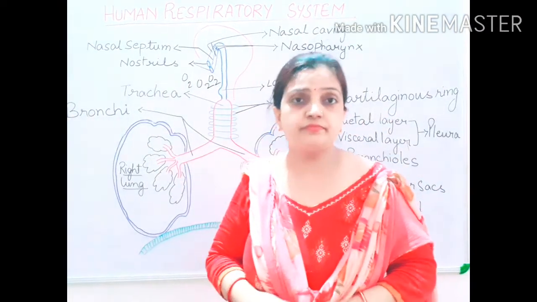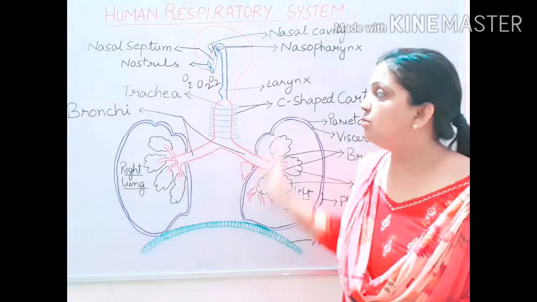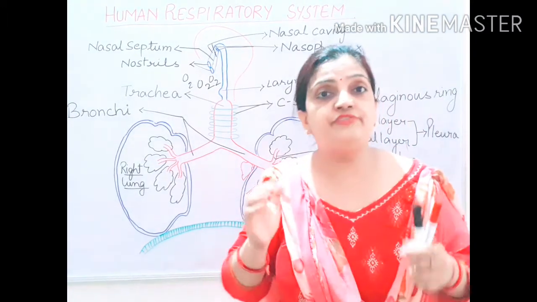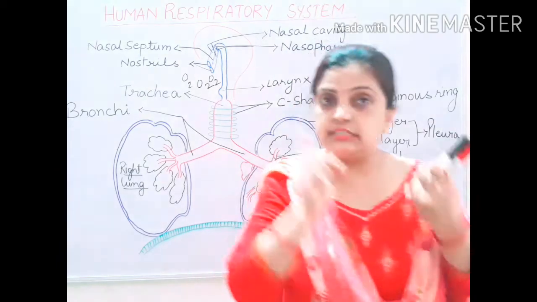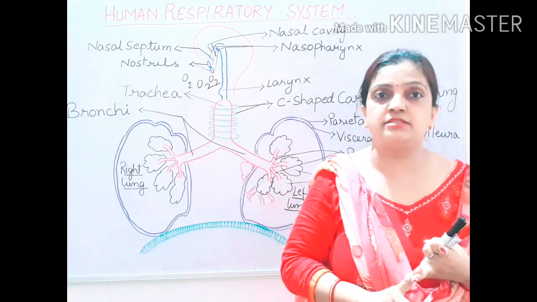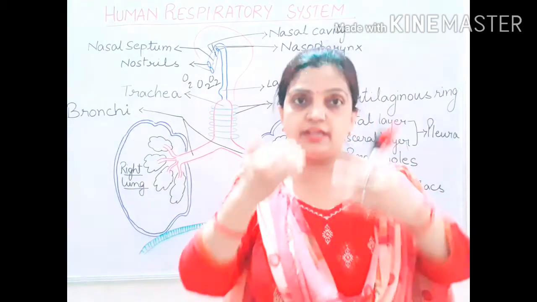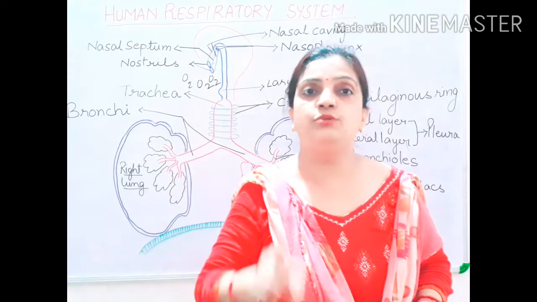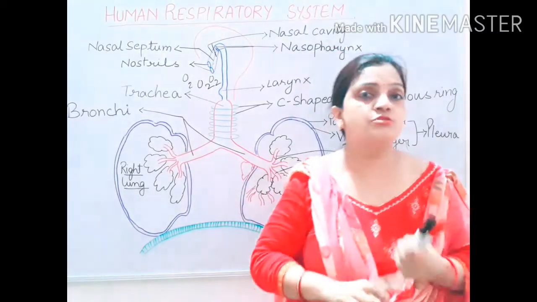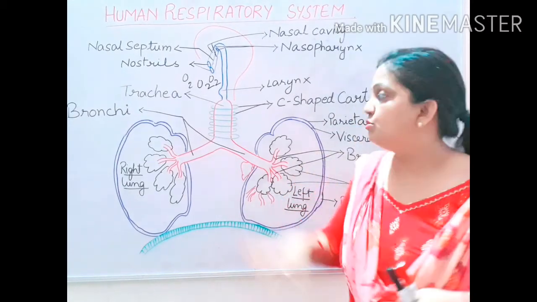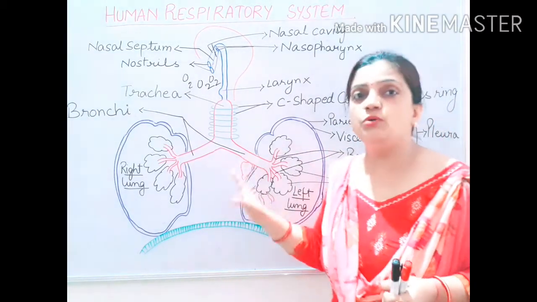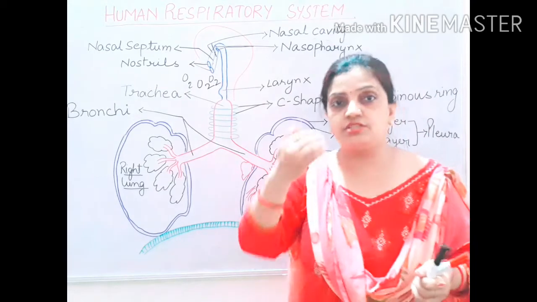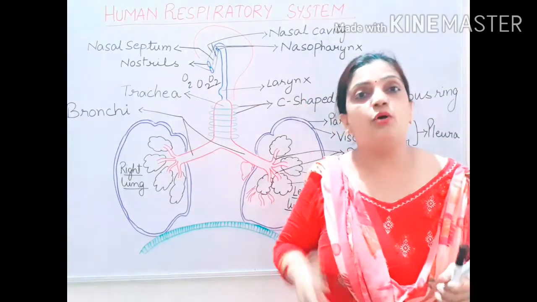So children, I hope this whole session on the respiratory system of humans is clear to you all. I have tried to explain the parts of the respiratory system, and the process of how respiration is taking place, inhalation and exhalation. I have tried to explain all this in bilingual language, in English as well as in Hindi. I hope the structure was clear. I hope now you know all the parts well, and that the process by which oxygen is entering and CO2 is releasing out is also clear to you all.